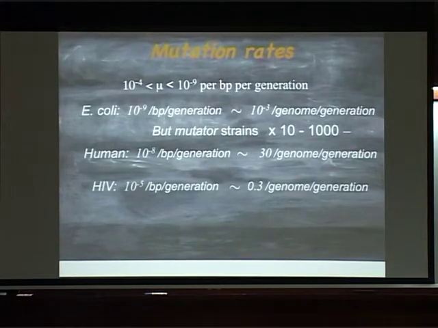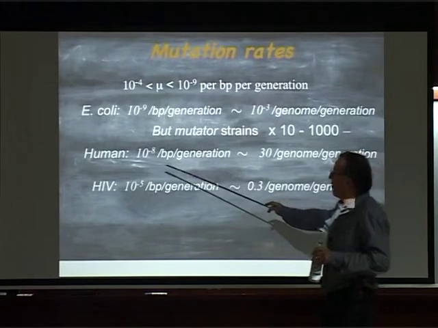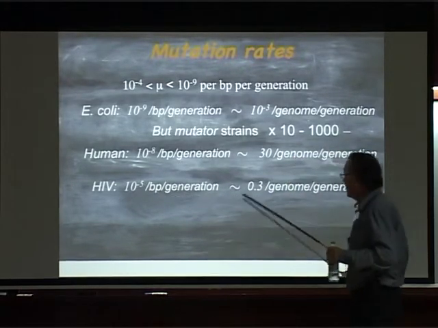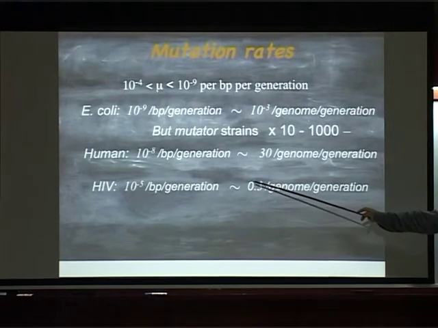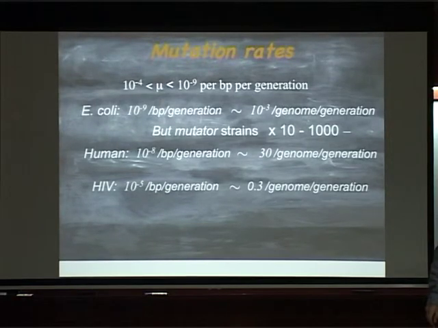And we already talked about HIV, which has a much higher mutation rate, but curiously, in terms of the full genome, it works out to be pretty comparable to what we got. Yes? Like in E. coli, there are some strains which have a lower mutation rate, but mutated strains have a higher one. Is it due only to the factor of replication, proofreading, infidelity, or are there other factors also? Yeah, so it is easier to increase the mutation rate than to decrease it, right?